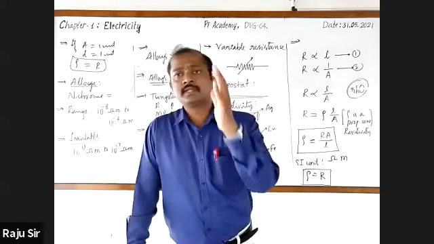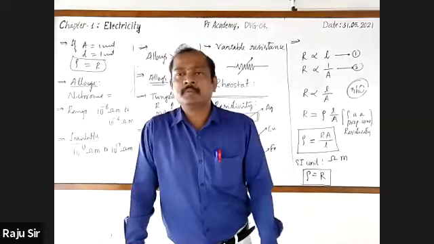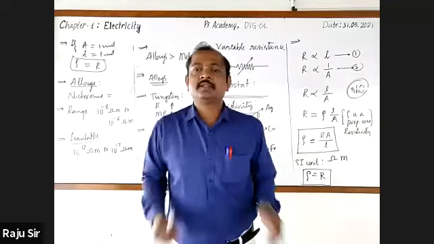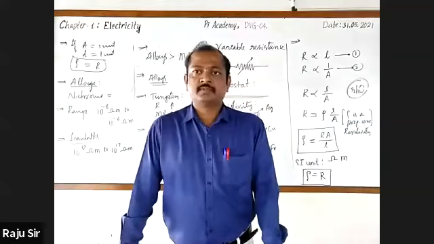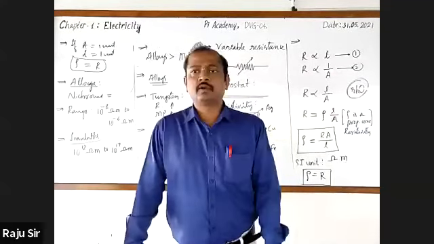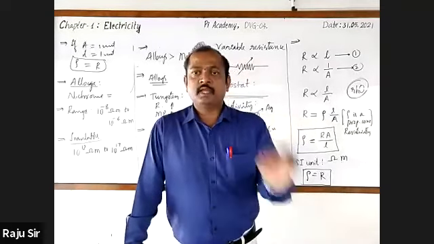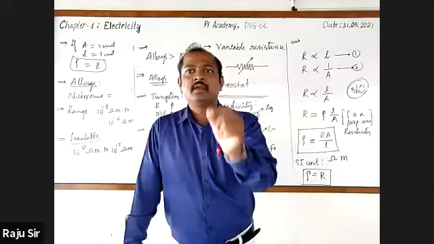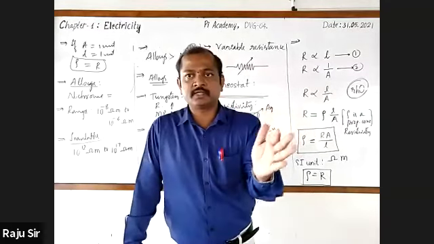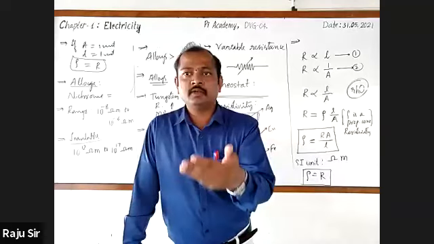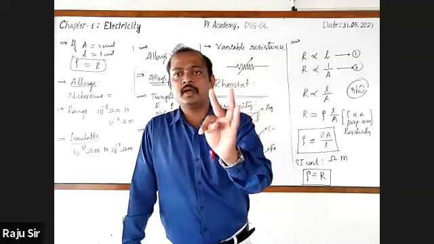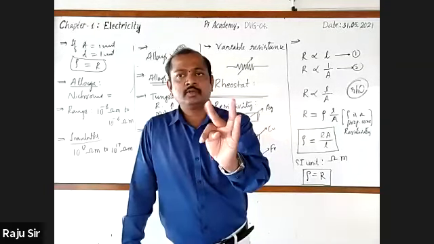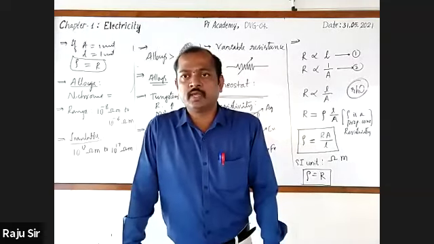Of course, silver is a best conductor of electricity, but we will not go for using them. The reason is it is very costly. Whereas copper and aluminium are reasonable, hence they are used for domestic wiring. They have less electrical resistivity, they are good conductors of electricity, and they are available in low cost. So these are the two reasons why we go for using aluminum and copper for domestic wiring. Clear?